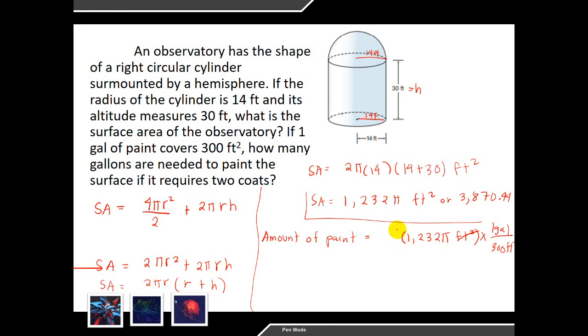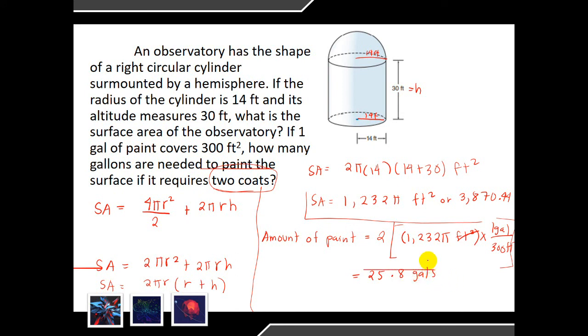Pero, isabay na rin natin ito. Dahil twice natin pipinturahan, or 2 coats yan, diba? Okay? Primer, and then, yung second coat natin, i-multiply natin to sa 2. Diba? Kasi kung ilang galon man ang ginamit natin sa unang pintura natin, malamang ganun din sa pangalawang pintura natin. So, i-multiply natin yan sa 2. And the answer will be 25.8